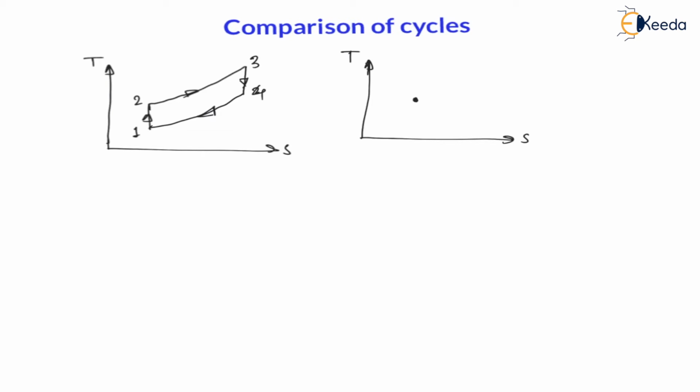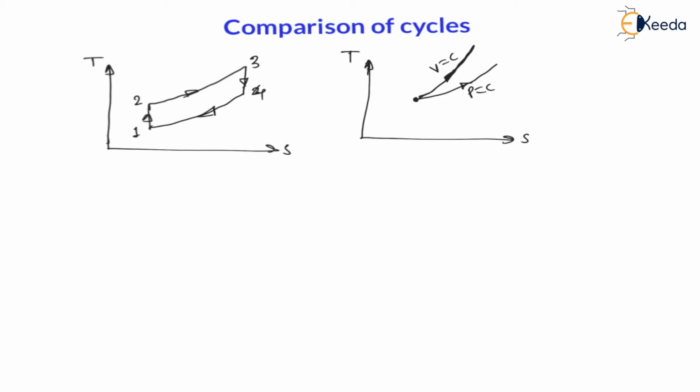From this point, if I want to draw constant volume and constant pressure, they are similar like this. But the constant volume process will have a higher slope. This will be the constant volume process and this will be the constant pressure process, because in the basics of thermodynamics